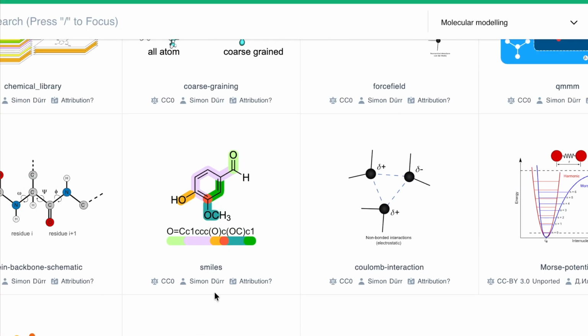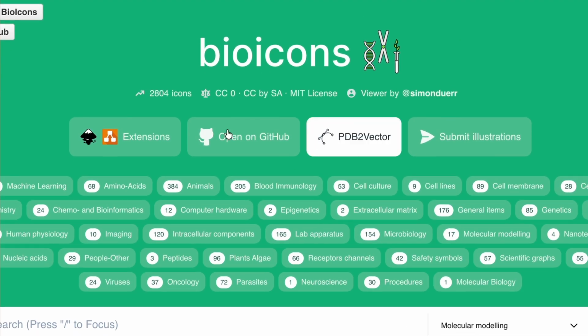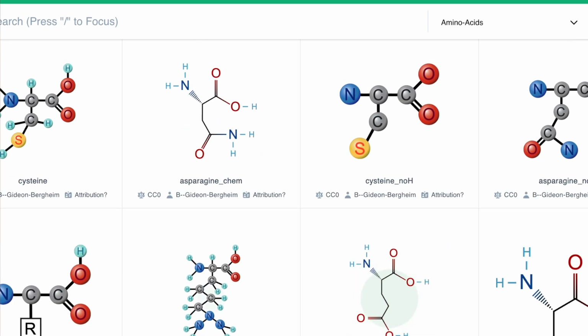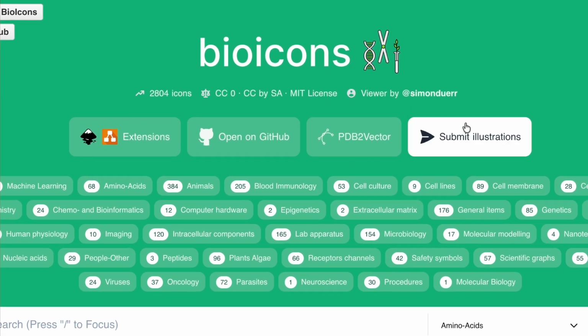Lastly, here's one that I came across in the research for this video, but BioIcons is another place where we have wonderful representations of molecules and things that you might need if you're looking for a very specific image for your scientific presentation. If you're using images a lot from any of these sites, I encourage you to contribute to them either financially or by sharing them with others,